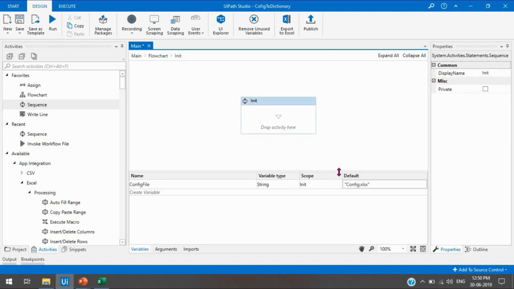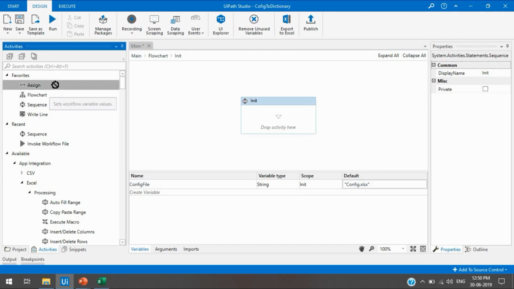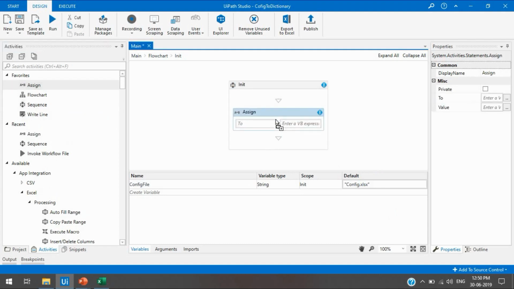Or the second method, you can take one Assign activity. This is the same. We need to use this config file variable, and then here we need to pass config.xlsx. So this is the same.